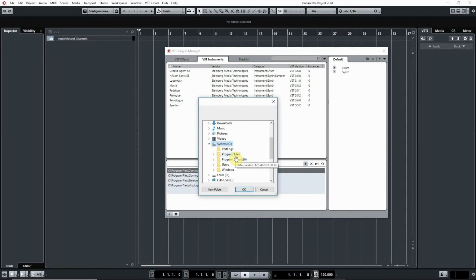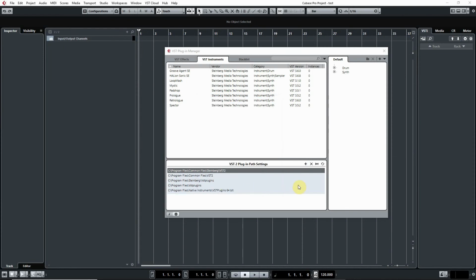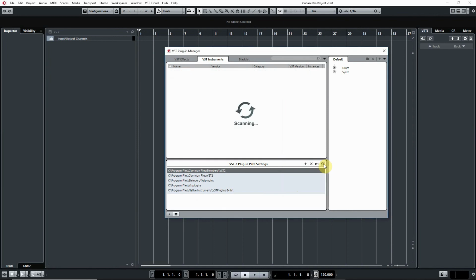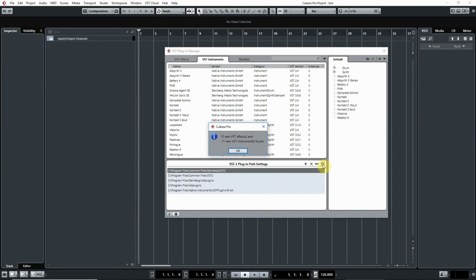We'll go to the C drive, System Drive, and Program Files. Not Program Files x86, because that will be for 32-bit plugins. So Program Files. Scroll down to find Native Instruments, and we select that folder to expand it, and then we can scroll down further and find VST plugin 64-bit within the Native Instruments, and then we just click OK to add that,